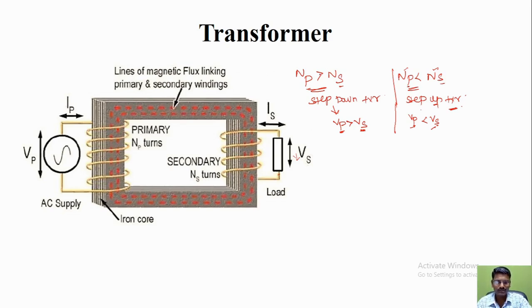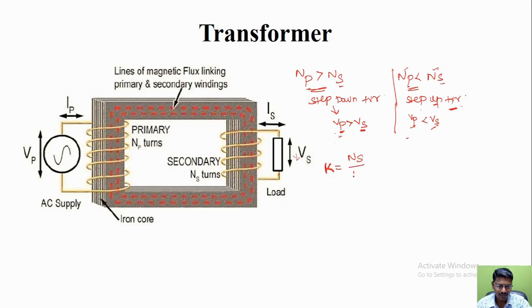So with the help of the number of turns and voltage expressions, we can derive the current expression. In a step down transformer, the number of turns, voltage and induced EMF, these three parameters will be in the same proportion, whereas the current will be inversely proportional, right, in this step down case and in the step up case. Let us write this with the help of the transformation ratio, which is represented by the parameter K, which is equal to